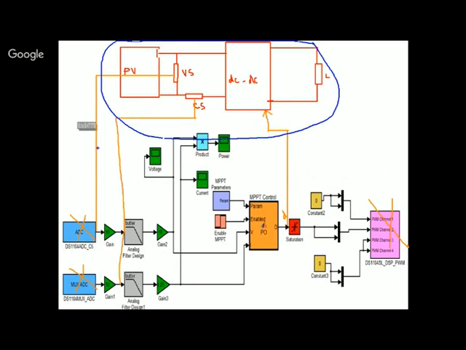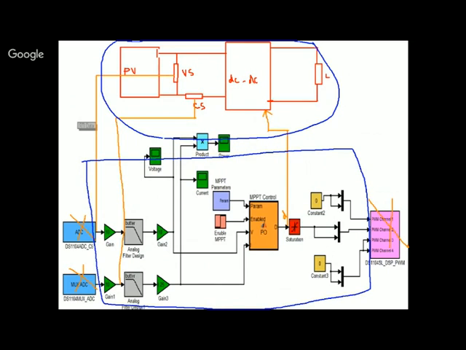So the voltage coming from the sensor, we reduce it, step it down, and you will give it into your controller. So this whole circuit, this lower circuit, you will burn into your controller. Okay? And the input of that controller will be a voltage and a current, and the output of that controller will be your duty cycle. Can you understand?